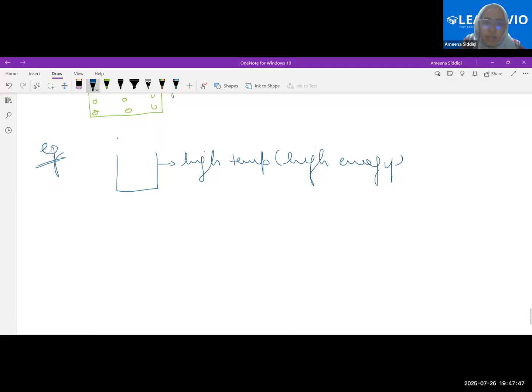Now what happens, beta? We have running water here. When this running water falls down on this container, let's say we have 10 particles in the running water. Some of the particles from that running water will acquire energy from the high temperature in the container, and some of the particles will get evaporated. That means some of the particles will change to the gaseous state below their boiling point.